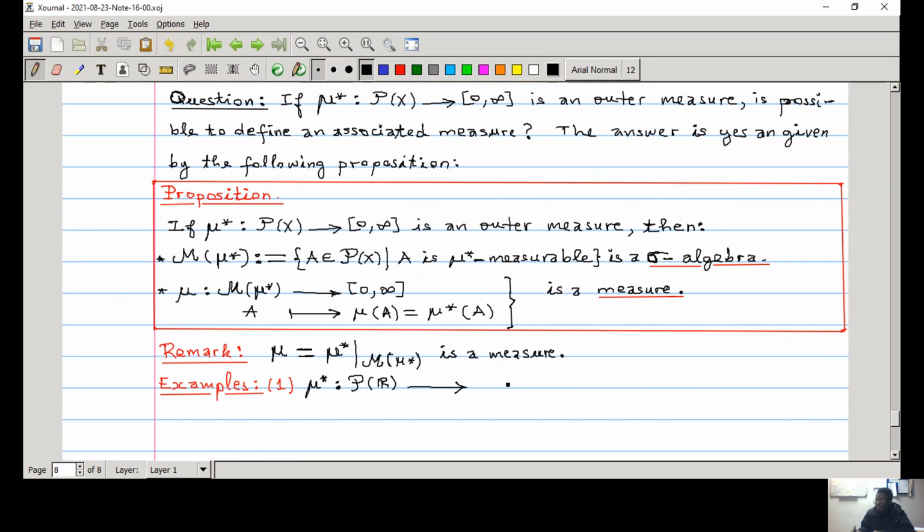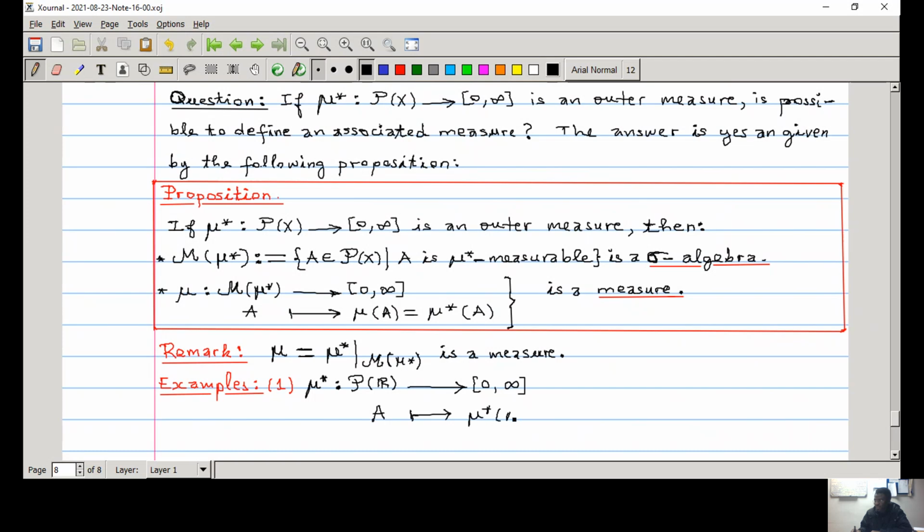It takes its value in the interval 0 to infinity. If I take an element A in the power set, that is a subset of R,